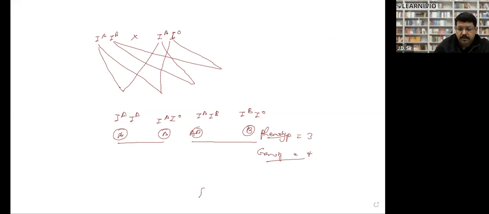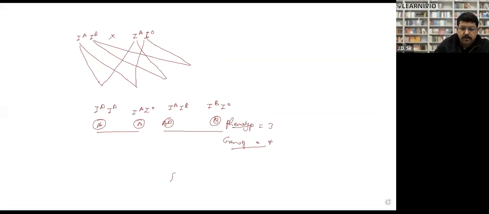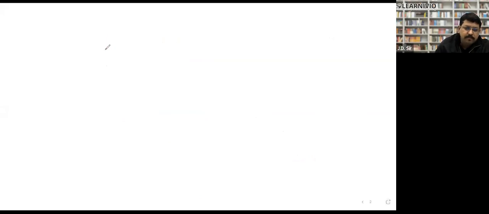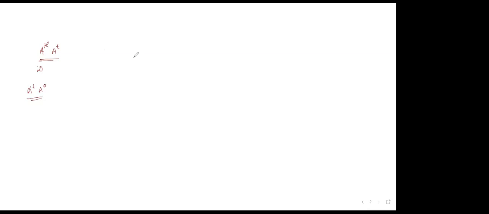Suppose this is an autosomal recessive disease. Then what will happen? Both parents are carriers. The disease will be caused when a person is homozygous, right? This will be the diseased person. This will be carrier. Clear or not clear? Because this is a homozygous recessive disease. Recessive disease always appears when it is in homozygous status. So it is saying that the parents are carriers.